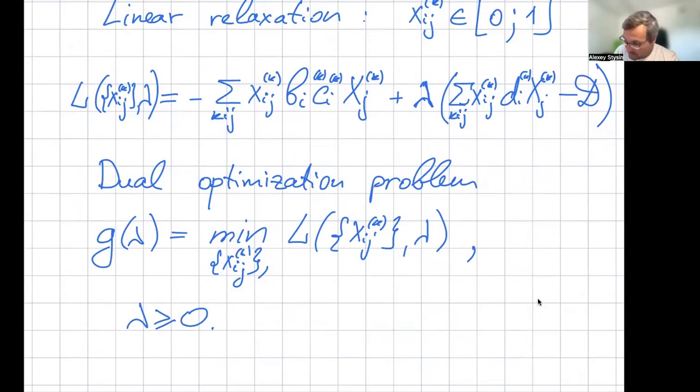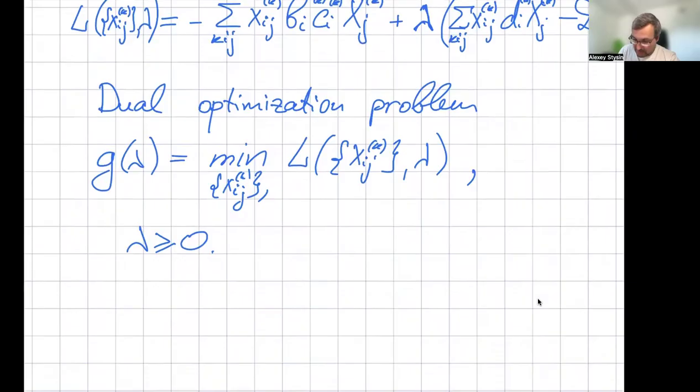Well, we can see that actually we can group these terms together. We can pull out the assignment variables. We can also pull out the common effective slot sizes. And then we will have something like this. So let's rewrite the Lagrangian in this way. It's going to be a minus sum of kij, xij, xj,